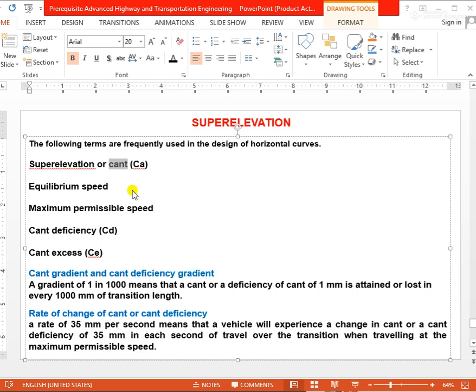But on a curved section you have to move your vehicle along the curve. So there should be direction, and when direction is present, acceleration should be there. Acceleration is a vector quantity because direction is there; it is the velocity change over time. So when the resultant force of the weight of the vehicle and of the radial acceleration is perpendicular to the plane of the rails,